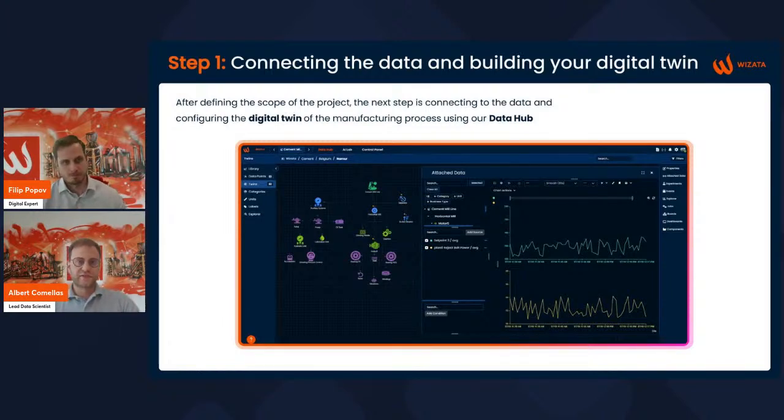So we define the production process in our data hub, that is what you see in the screen, using a drag and drop interface to create the layout. Even if you have a SCADA system, you can make an export and we can pass this information to generate the layout automatically. And when it's set up, the data hub allows you to visualize the live data, the live information that we have connected, including some metadata about the process, operational parameters, or quality measures.